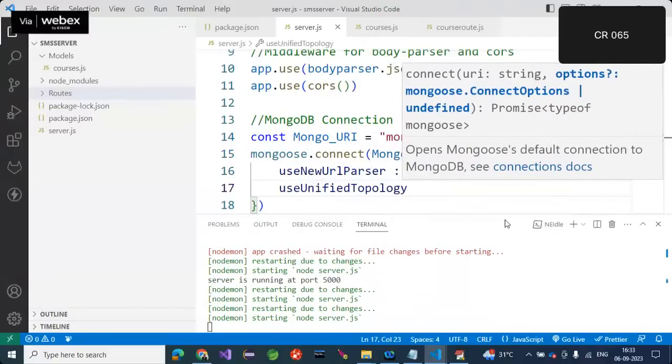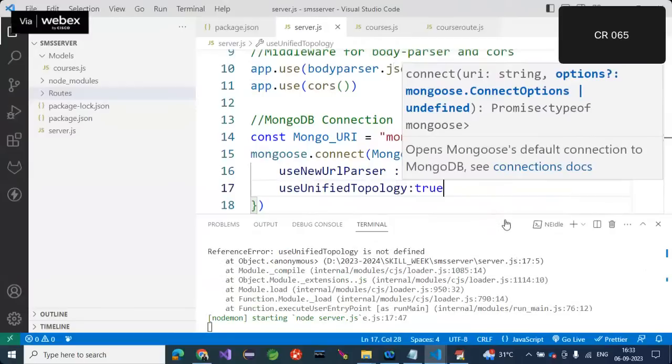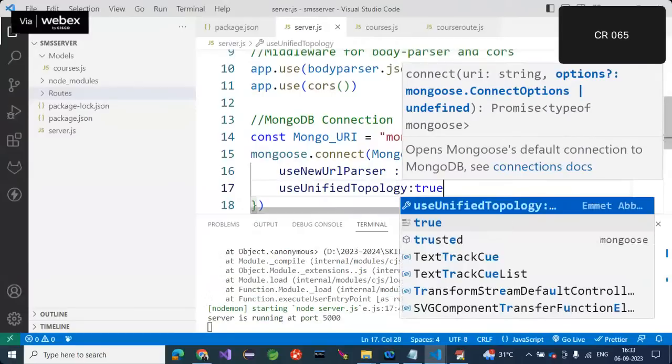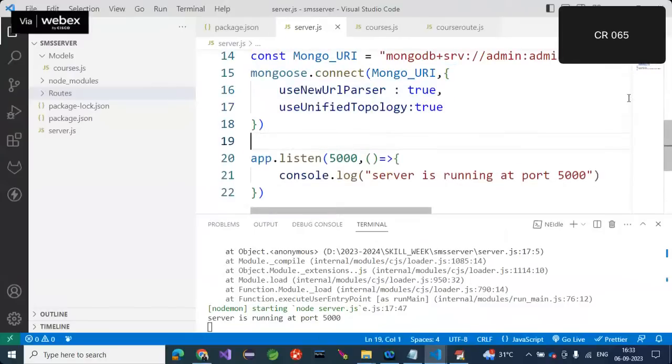That's it. Actually this is optional, the second parameter. But anyhow, in future, if you don't want to get any errors, it is better to give it. That's it, once Mongoose dot connect,